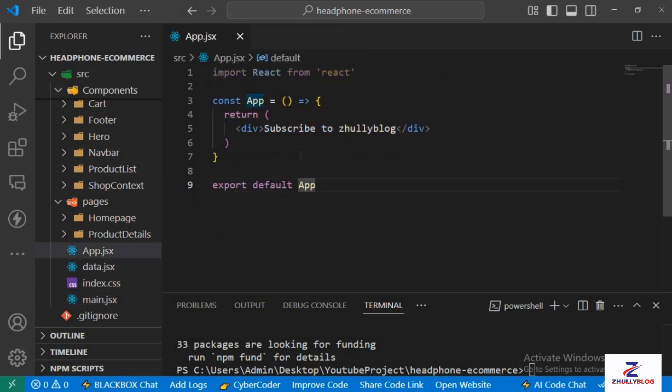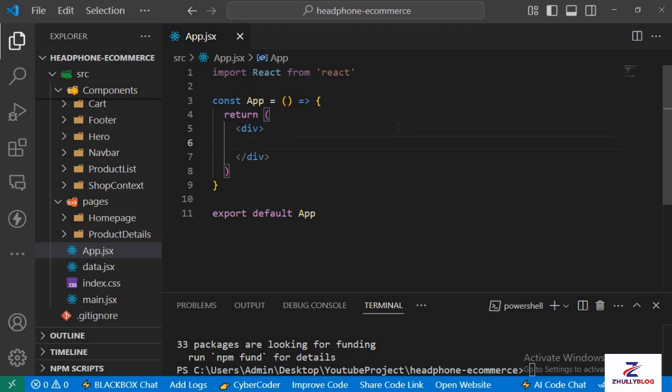Now we're going to set up our route. So in our application, we'll render the navbar first because we want it to be present in all pages, not just the home page. So here I'm going to have Navbar. I'll close this, and also we're going to have Footer because we want it to be present in all pages. It should be at the bottom of all the pages. Then our home page will be in between the navbar and the footer, and every other page that's going to come in. So right here, we'll set up Routes,